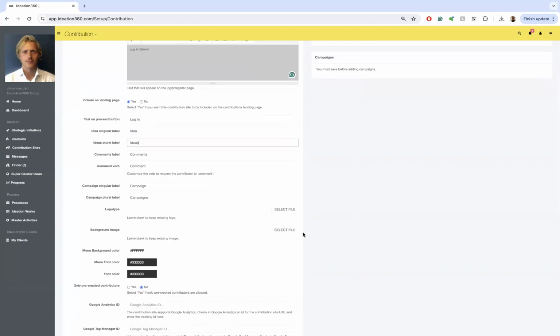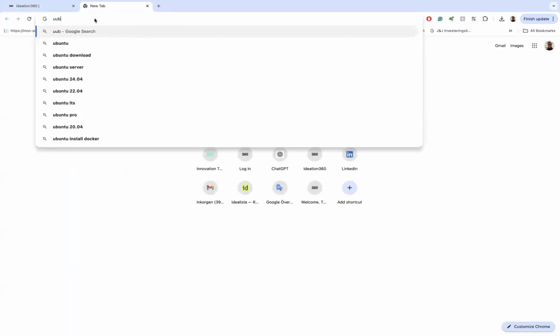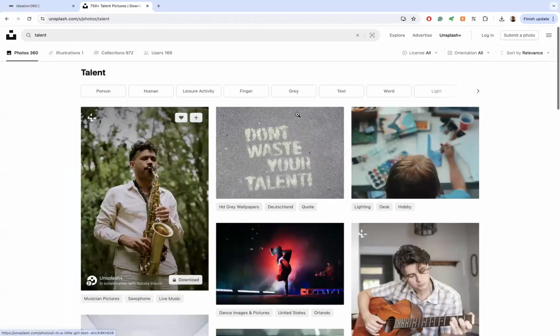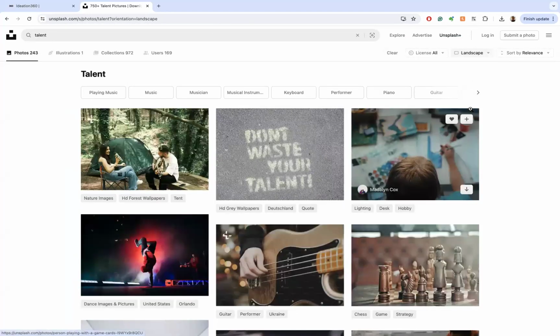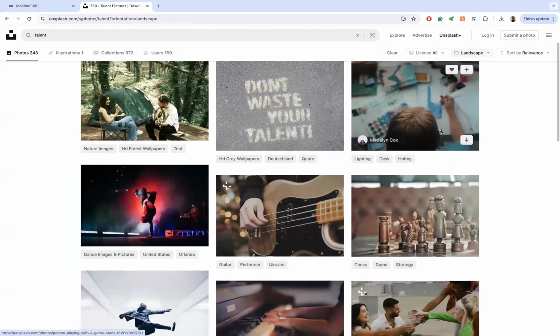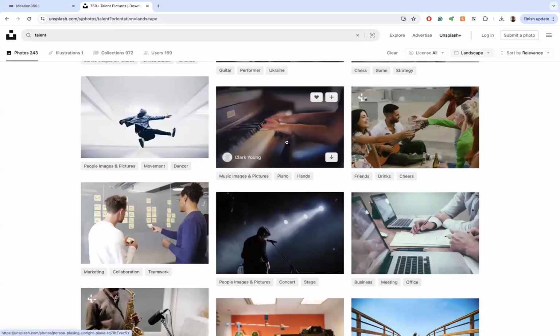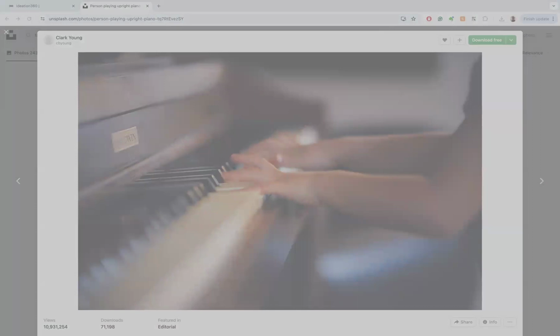Here you can add your logotype of your client or of yourself, and here you can also change the background, and you can find a background. I typically look for background images at Unsplash. So let's do that. Let's see here. We want to create something around talents. I press orientation landscape because 98 or 99% of them will look at it on a computer, on a desktop. Yeah, we don't have to spend too much time on the right picture here, but for the sake of this, let us save this image,